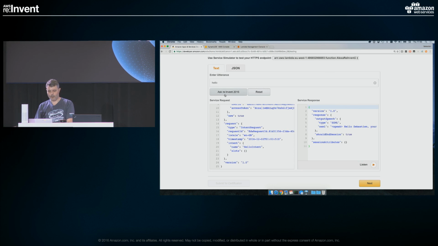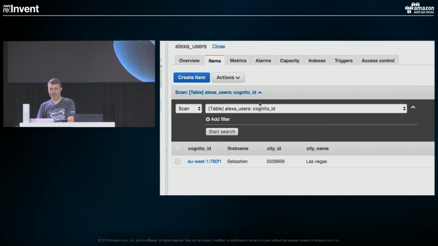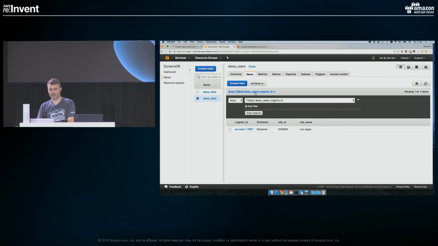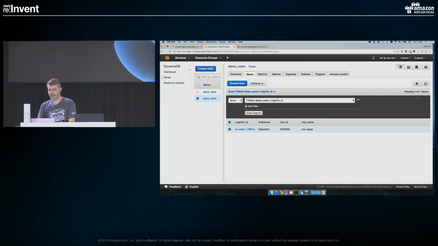So remember, when I'm calling my skill, it remembers my first name, it remembers my city. It's because in DynamoDB, you can see my screen, I have a table called Alexa users. The primary key here is my Cognito user ID. And then all my preferences are stored there. So if I delete this,